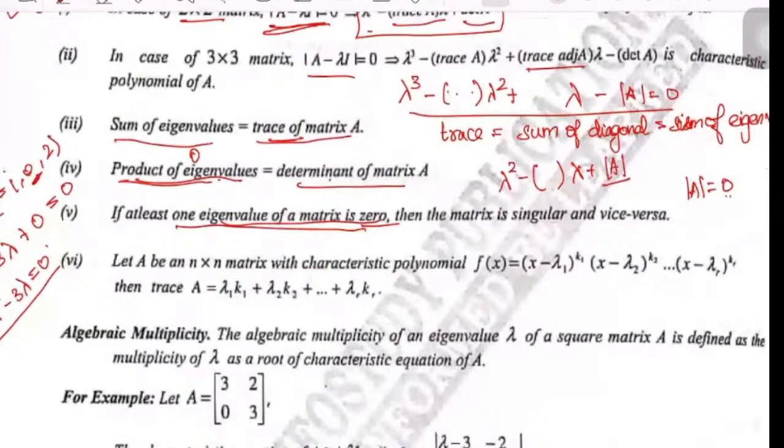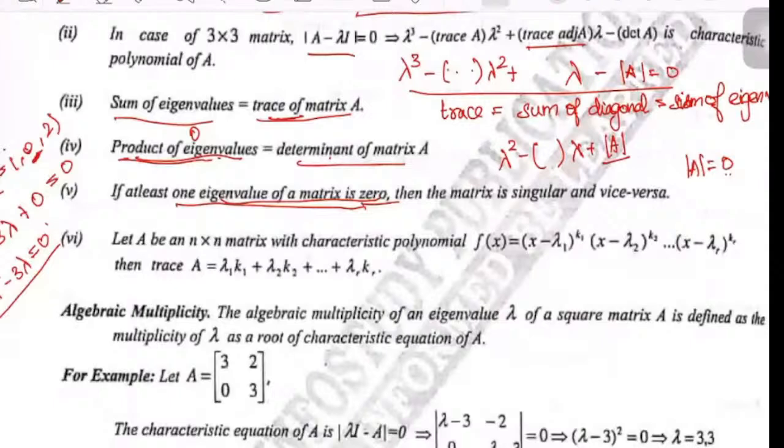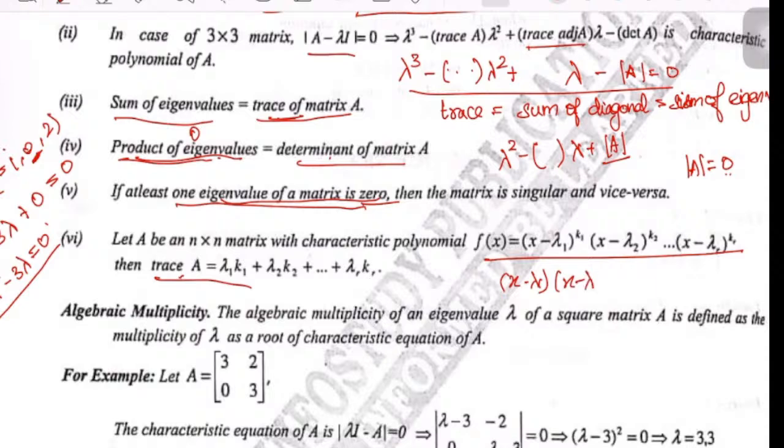So let A be a n by n matrix with characteristic polynomial. This is the characteristic polynomial. Then the trace of A, இதோட ட்ரேஸ் என்னன்னா sum of the eigen values. அப்போ இங்க ரெண்டு eigen value இருக்கு x minus lambda 1 into lambda 1. இப்போ k1 வந்து 2னா 2 இருக்கும், k1 வந்து 3னா 3 இருக்கும். அப்போ lambda 1 into k1 plus lambda 2 into k2 plus lambda r into kr. A வந்து n by n matrix இருந்ததுன்னா, for this characteristic polynomial, trace of A will be of the form